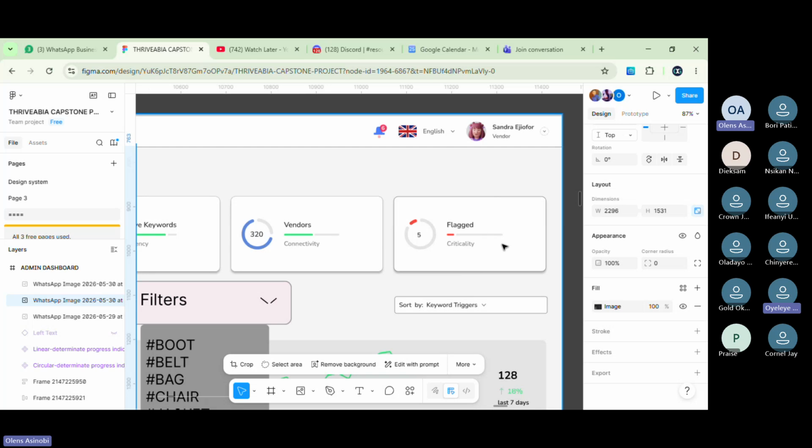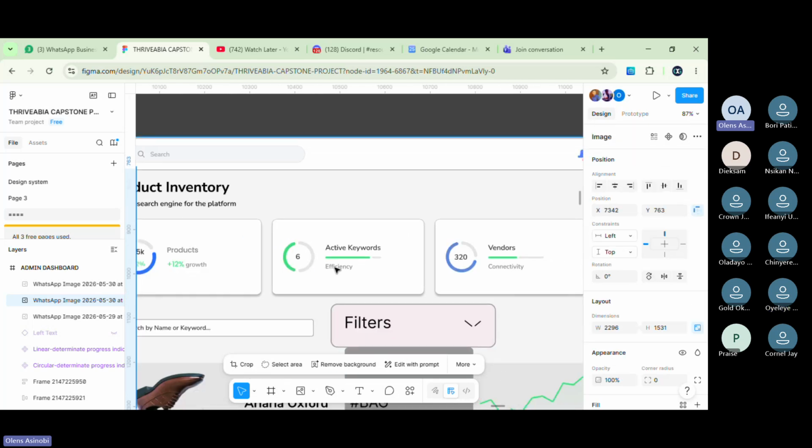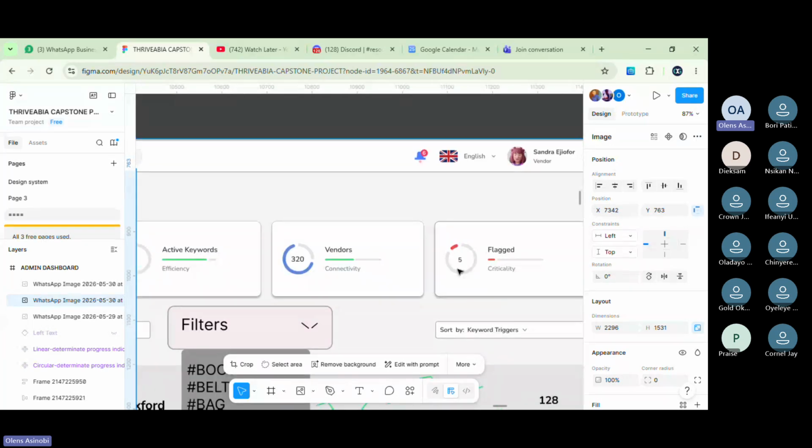Flag criticality, I understand that one. That one makes sense. So then there is no need for this circular one now. What is this circular one for again? Because if you're putting this circular one, it's supposed to be 6 over something. So this is 6 over what? 320 over what? 5 over what?